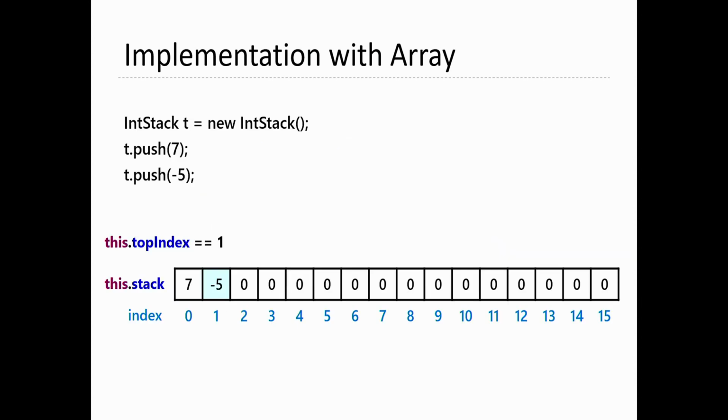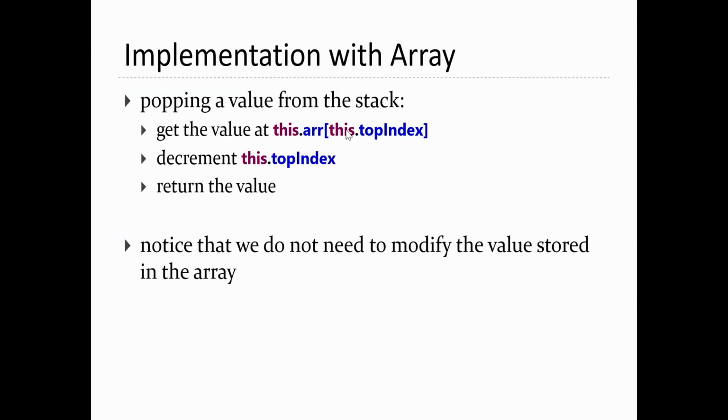Okay. How do you pop an element off the top of the stack? Well, top of the stack is pointing at the, I guess, the light blue element there, right? So to pop the element, we get that element at the top index, right? So get that element that's at the current top index, decrease the top index by 1 because the top of the stack comes down by 1, and then return the value, right? You don't have to overwrite the value that's stored in the array,